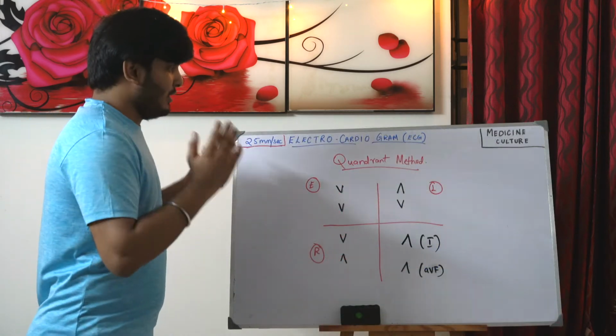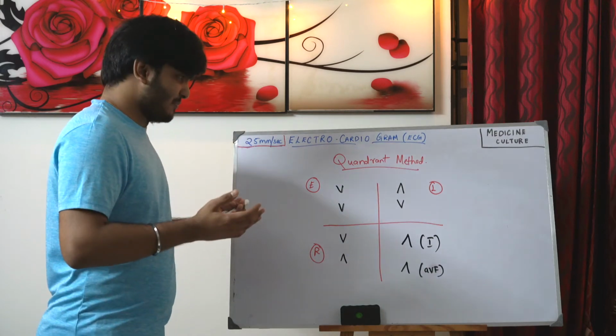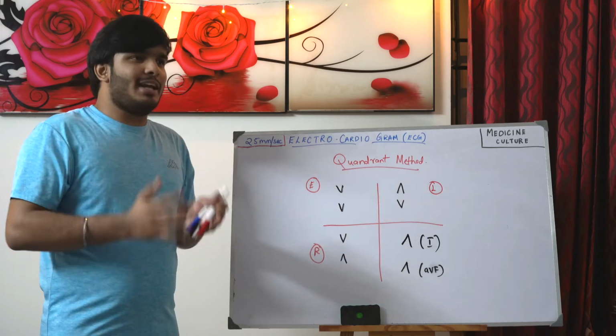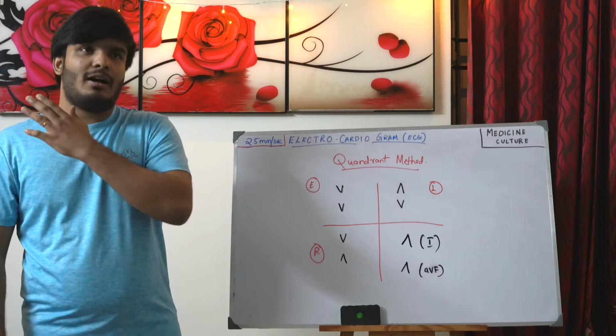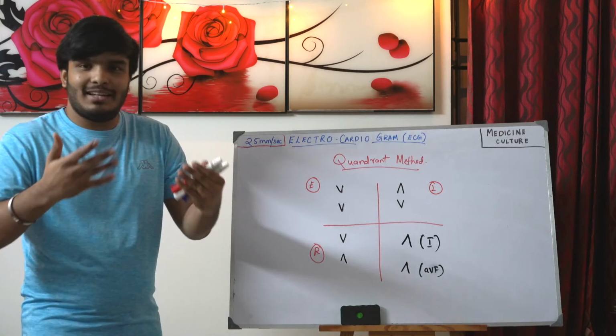So the last part of the video that I want to share is very important, and this will help you guys when you see an ECG: the electrical axis. From the beginning I was talking about the normal electrical axis. The normal electrical axis is from right shoulder to left foot. But how can we see that on an ECG paper?